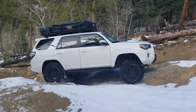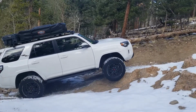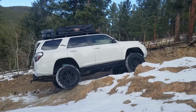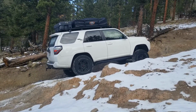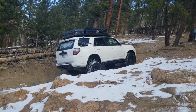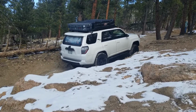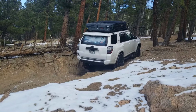And one of the other upgrades we've done is we finally installed the King suspension and got rid of those crappy spacers. And man, what a difference the King suspension and the shocks have already shown. It's shown quite a bit of difference in just the quality of the ride on the trail and even just on the road. I'll do a close up here in a little bit, but I did go with the adjustable